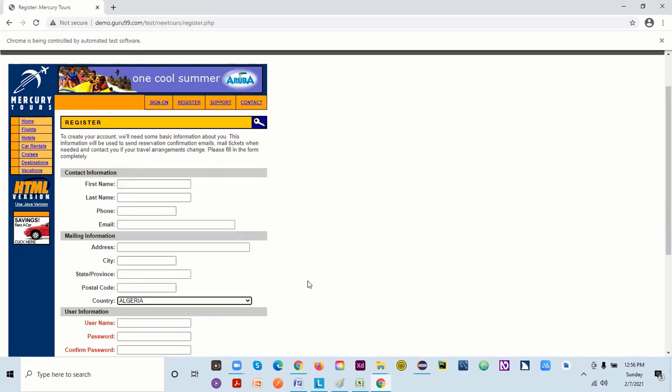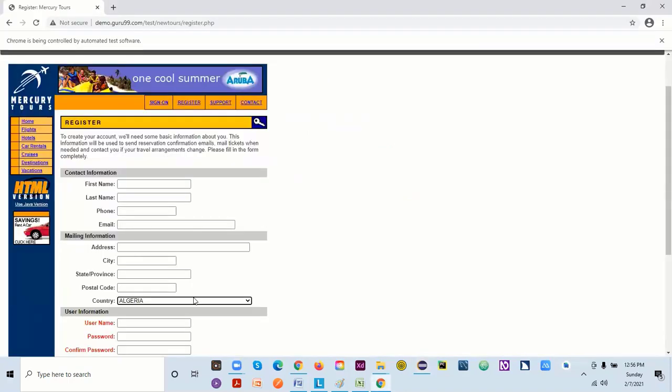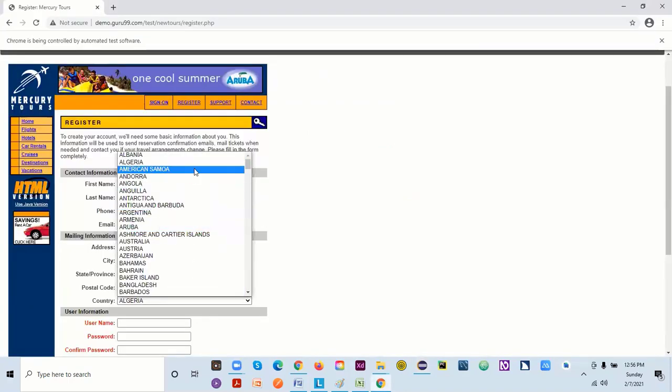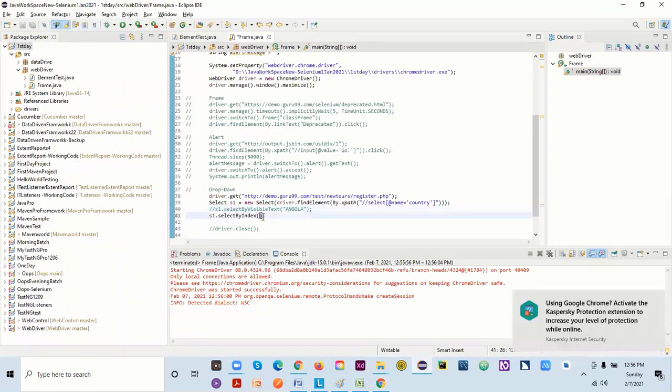So this is how you can select a value from a drop down. Even if you want to go through all the items, to make sure whatever items are expected are there or not, you can use your for loop. You can give i and iterate over it. We'll look into that, that's not a problem.